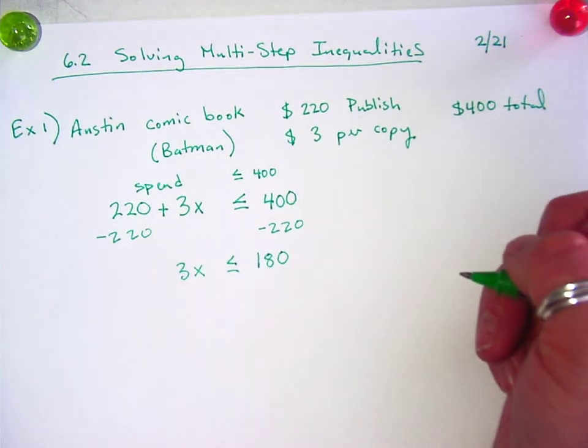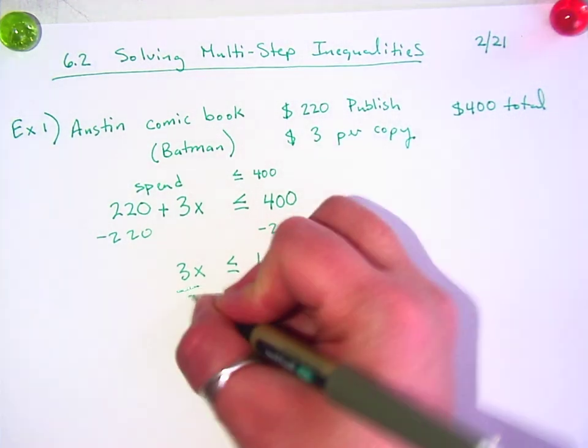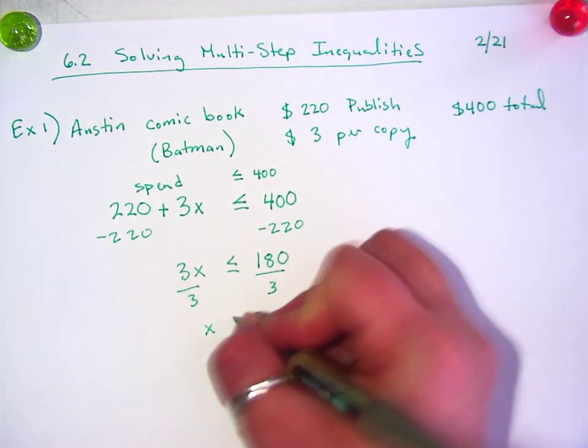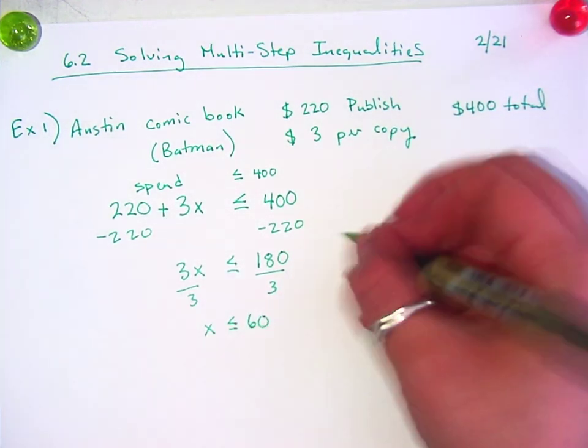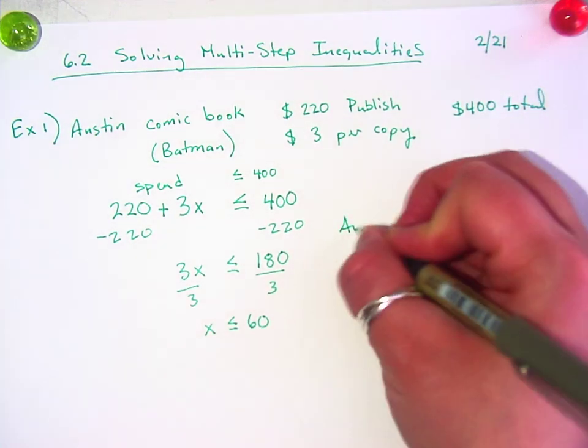And once I've subtracted the 220, what should I do you think? Divide by 3. Divide by 3 on both sides. Now I have x is less than or equal to 60. So then my final answer is Austin